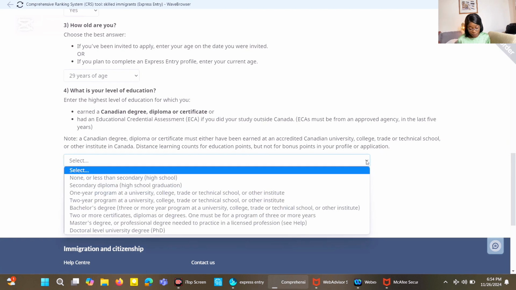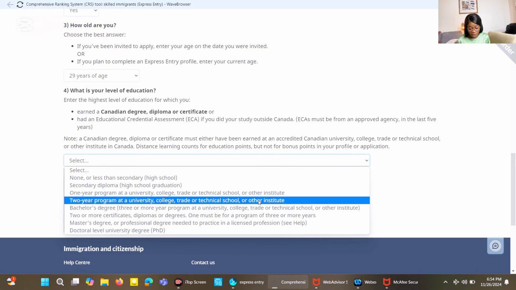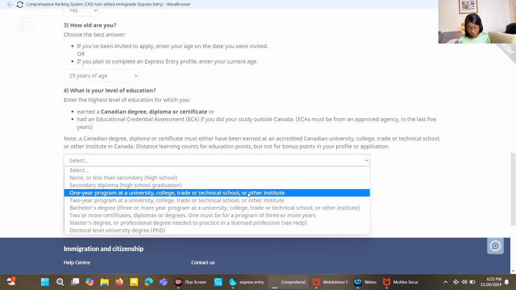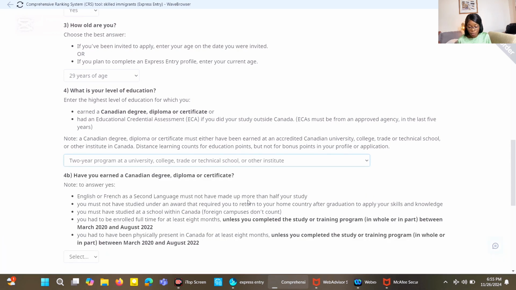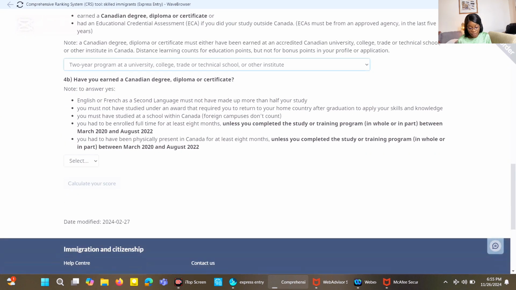it comes like less than secondary school, secondary diploma, 1 year program at a university, college, trade or technical school, 2 years program at a university, college or trade. So let's say 2 years, or bachelor, whatever you want to choose. Let's choose this. And have you earned a Canadian degree or diploma or a certificate? So if you've earned that, you just have to select. Okay,